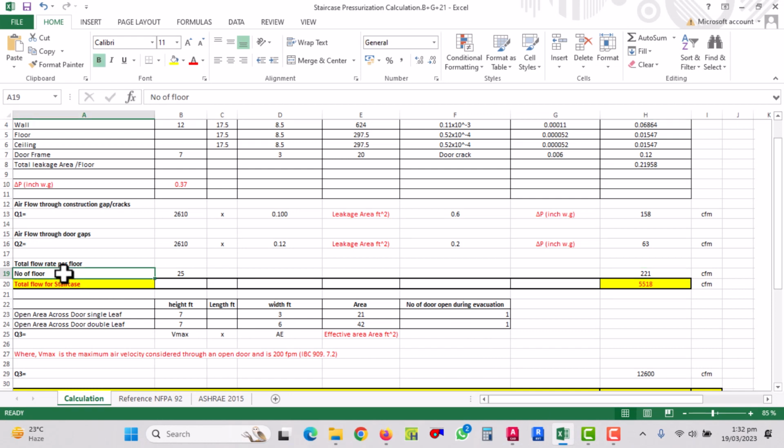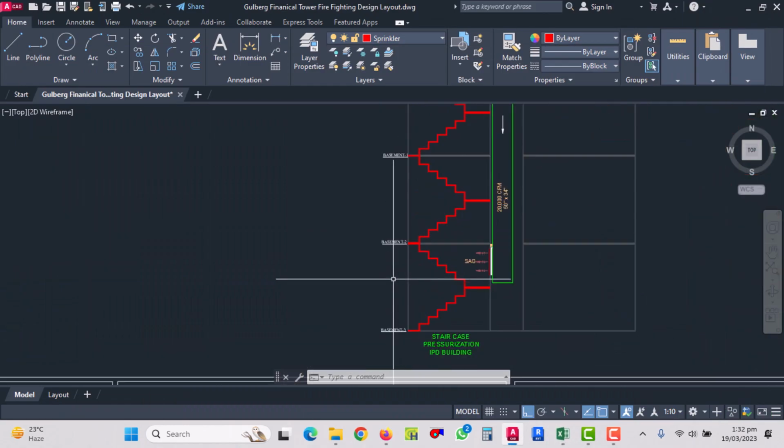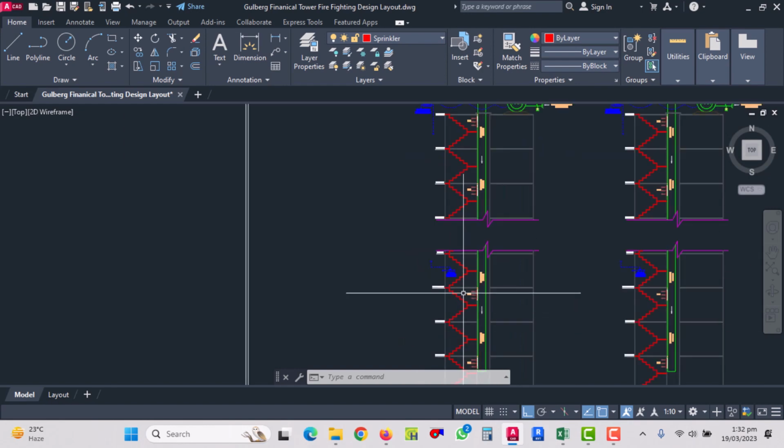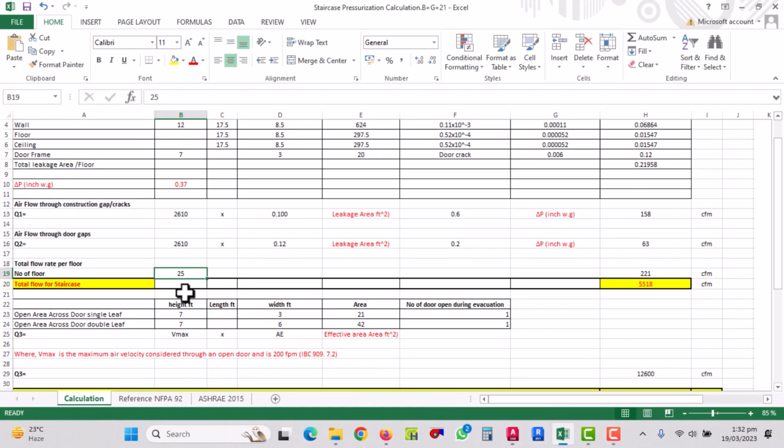So what is the number of floors? In this case, these are 25, because these are three basements, and then ground floor and first, second, completely 25 floors. So the total CFM through all floors through leakage area of a construction element and door is 5518 CFM. This is done, and now we will go for